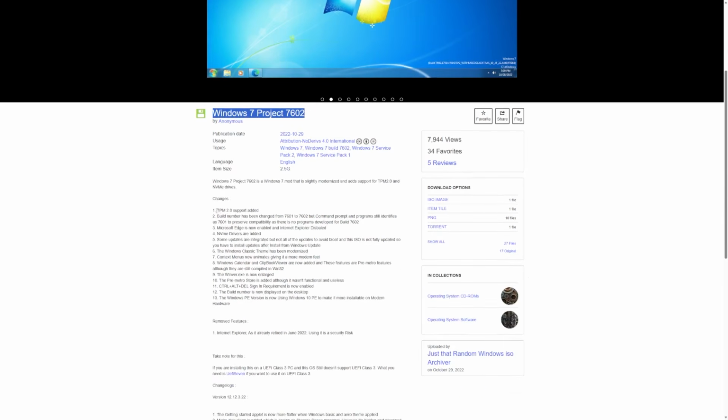So you can scroll down here and see some additional changes, such as, again, TPM 2.0, Microsoft Edge, Internet Explorer is disabled because of security reasons, NVMe drivers are added, they modernize the classic theme, context menus are animated, WinVer, Control-Alt-Delete. There's a lot of interesting things here, so I'm very eager to take a look at this to see what this OS looks like and feels like. Obviously, it'll look a lot like Windows 7, but what are the key differences in this build compared to original versions of Windows 7? So thank you to Anonymous for creating this,